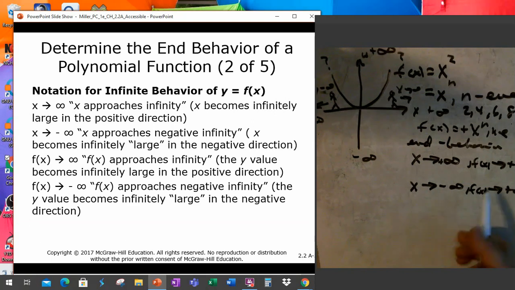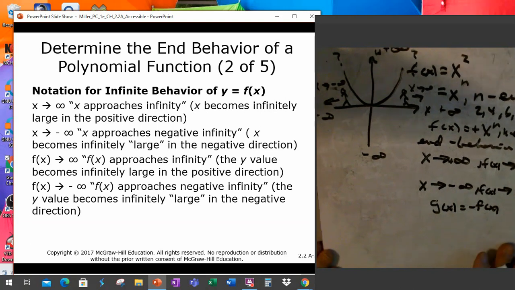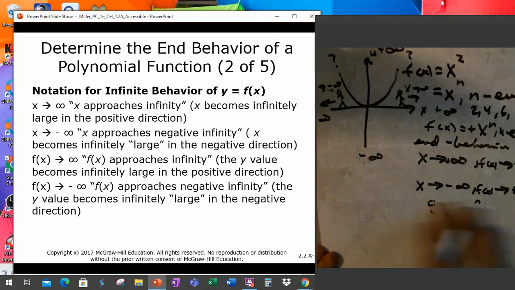So now we know what the transformation g of x equals negative f of x is, right? We know what that is. That just flips everything around the x-axis. Okay, so what if I have